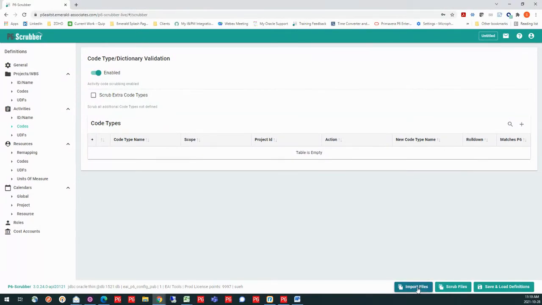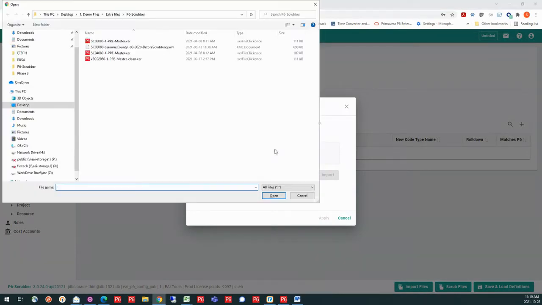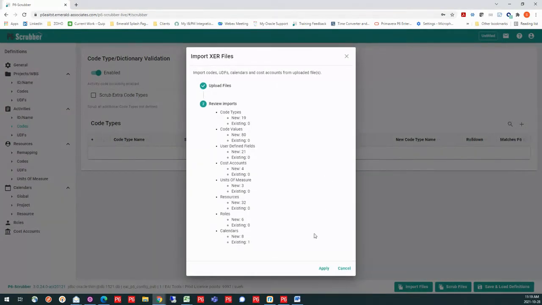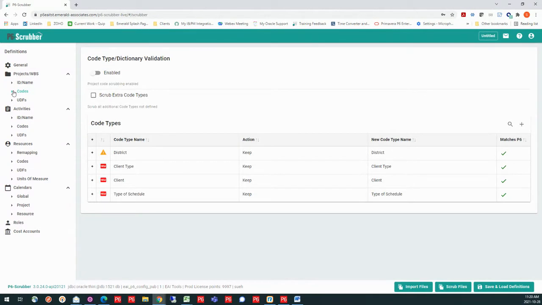And I'm going to go in and I can actually import that file first so I can see what's contained in that file. So I'm going to browse to the file that I'm wanting to scrub or that I want to base my definition on. And this is actually going to come in and import the data that's already there. Then I can check that data against my database and I can see exactly what is matching and what is not. So it's going to still use those same warnings for me to say, hey, we've got some issues